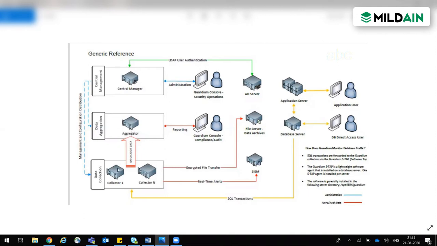Sorry, I don't understand. I'm saying we have 5 collectors reporting to one aggregator. If we have 5 collectors, then definitely they have more data, which the aggregator can't hold in it.